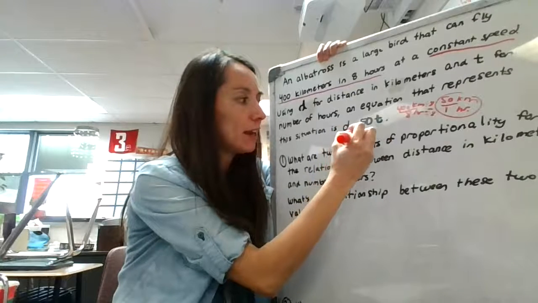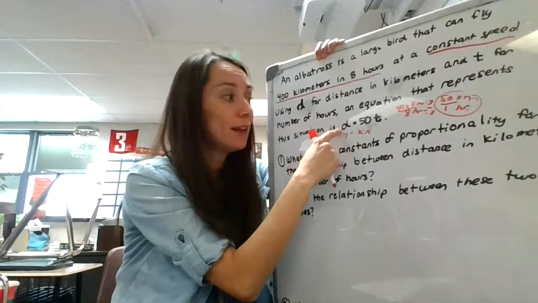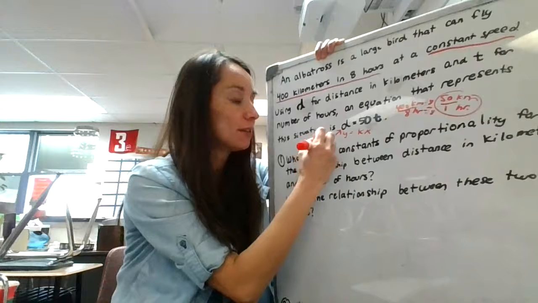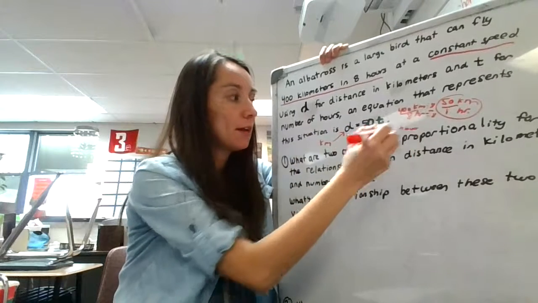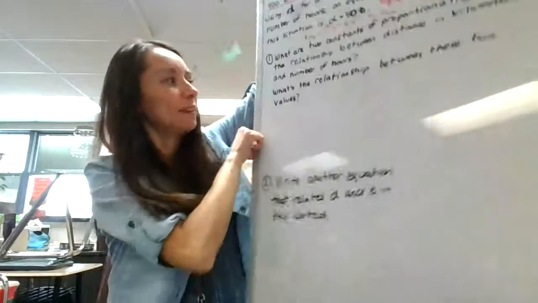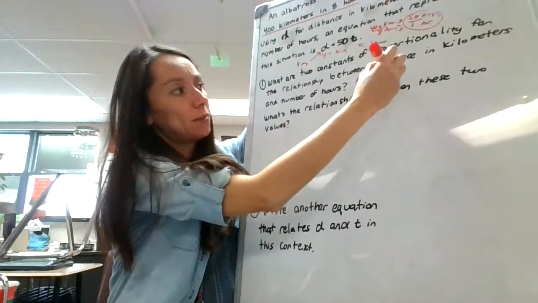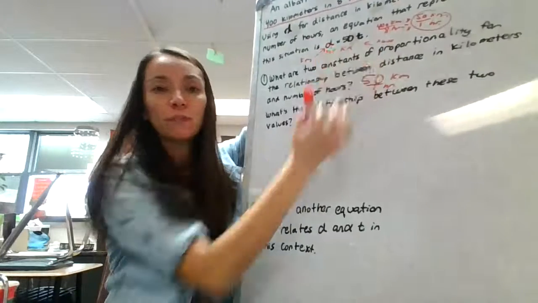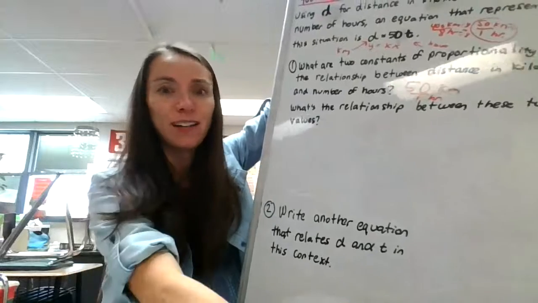It's y equals k times x. Well, in this problem, instead of a y, they use d, and instead of an x, they use t. The d stood for distance in kilometers, and the t stood for time in hours. Okay, so one of the constants of proportionality is 50. It'd be 50 kilometers per hour if you want to be super exact, okay? But 50 is cool too. Now, if you're wondering how there is another constant of proportionality